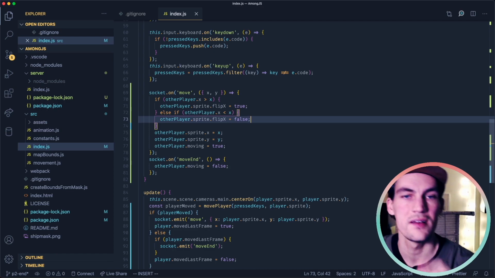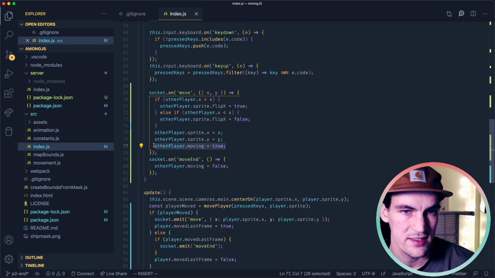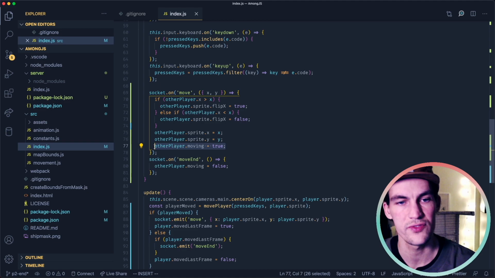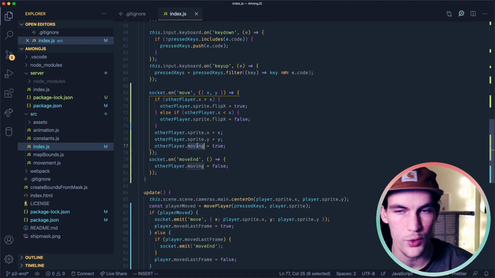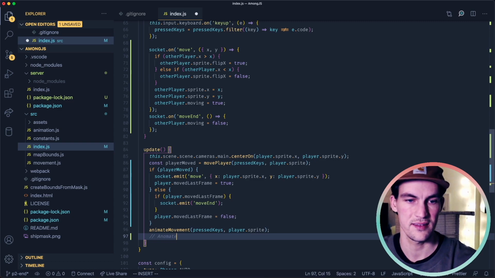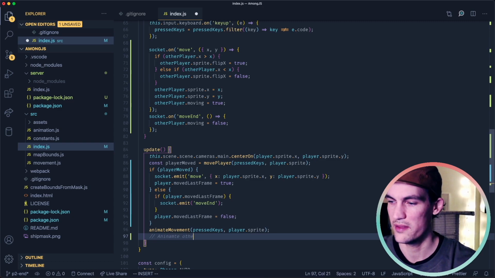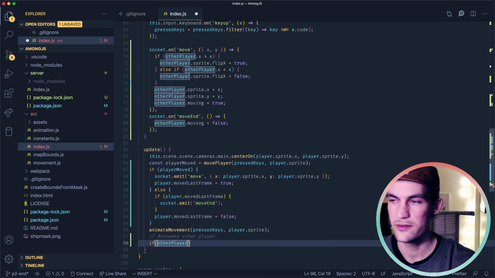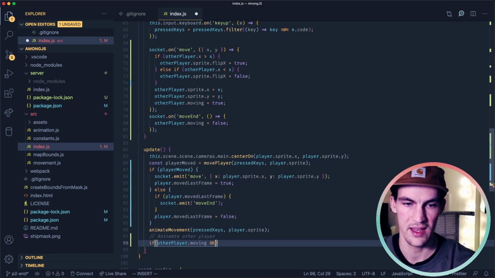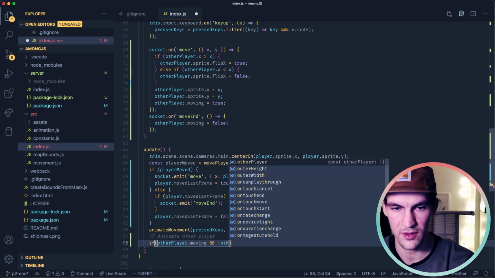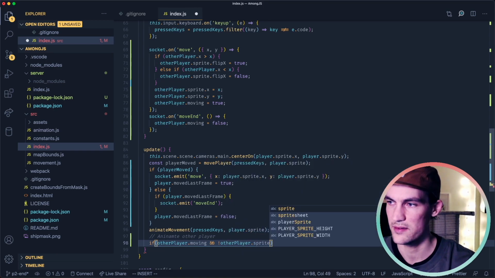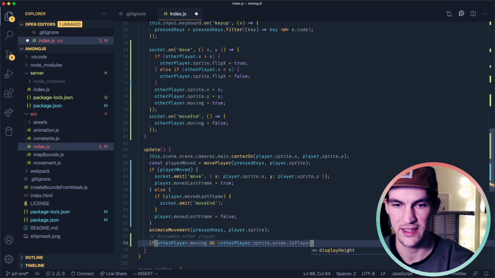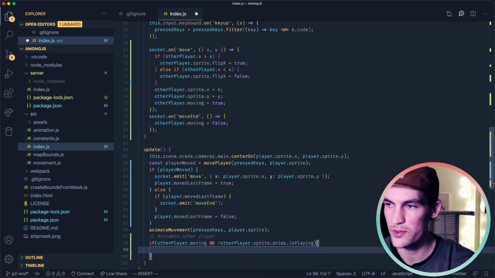The only thing left is to look at this moving prop and turn on and turn off the running animation based on it. In the last animate for otherPlayer, if otherPlayer.moving and we're not already playing, so otherPlayer.sprite.anims.isPlaying is false, it means that we are moving, but we're not running the animation.